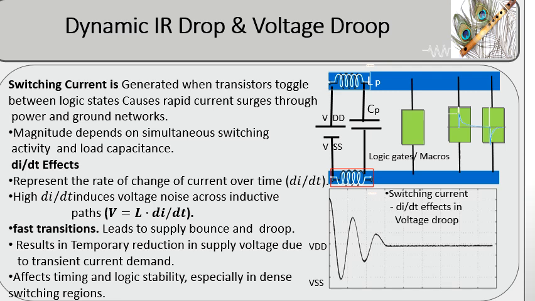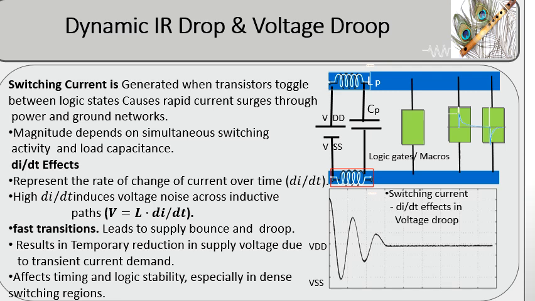Dynamic IR drop, also called voltage droop, occurs when many transistors switch simultaneously and demand a large burst of current from the power distribution network. This sudden increase in current creates rapid di/dt, or current change effects, as the power network attempts to supply the switching circuits. Because the power network contains parasitic resistance and inductance, these current surges produce a temporary drop